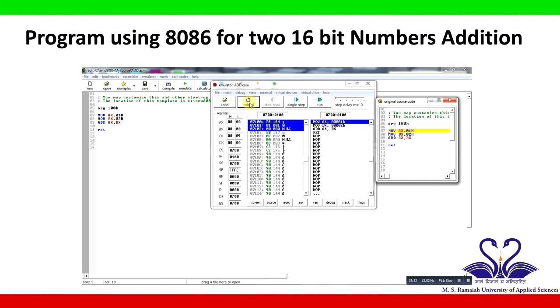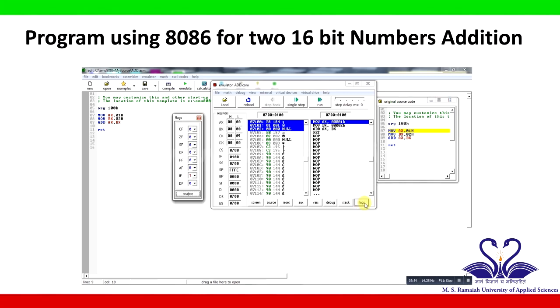Check the contents of registers present towards the left of the execution window. To check the status of the flags, click on Flags, which is present towards the right corner of the execution window. To check the contents present in the memory location, click on auxiliary tools and select memory.